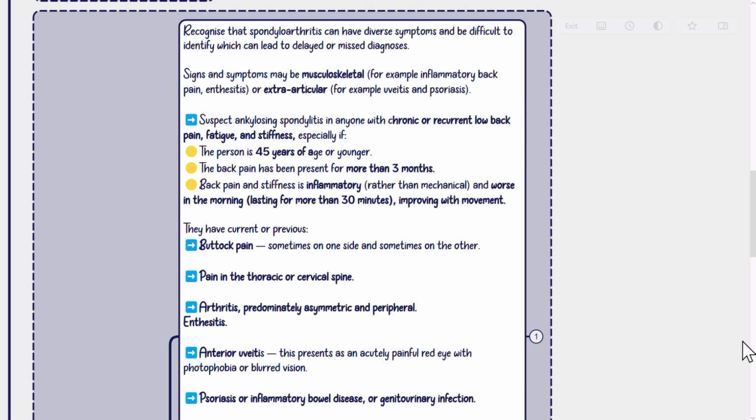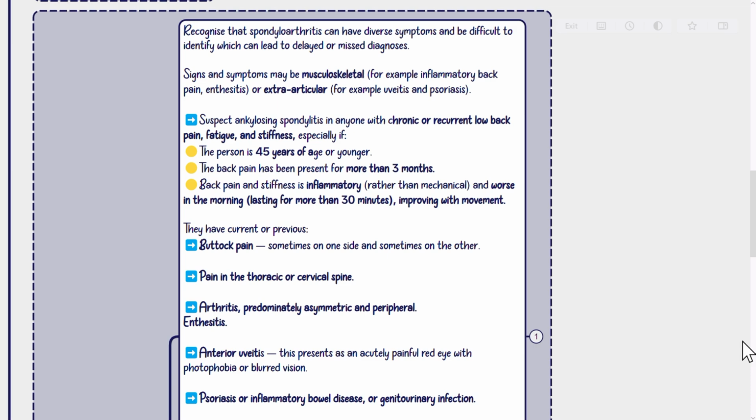Suspect ankylosing spondylitis in anyone with chronic or recurrent low back pain, fatigue, and stiffness, especially if the person is 45 years of age or younger. The back pain has been present for more than 3 months. Back pain and stiffness is inflammatory rather than mechanical, and worse in the morning, lasting for more than 30 minutes, improving with movement. They have current or previous buttock pain, sometimes on one side and sometimes on the other,